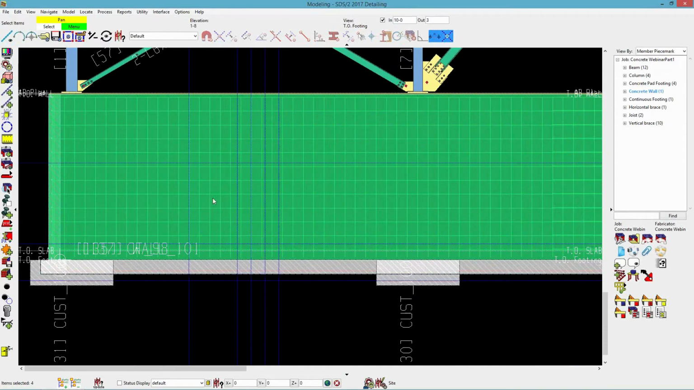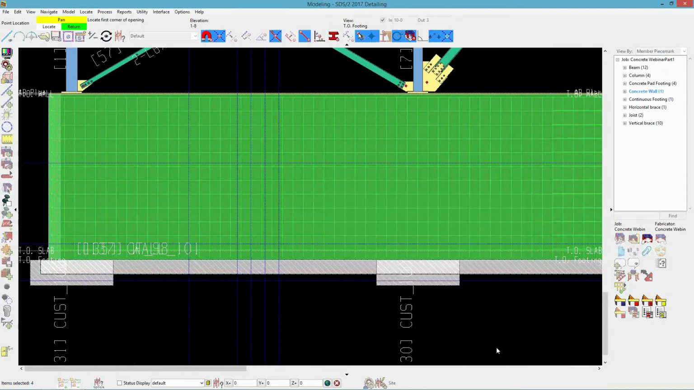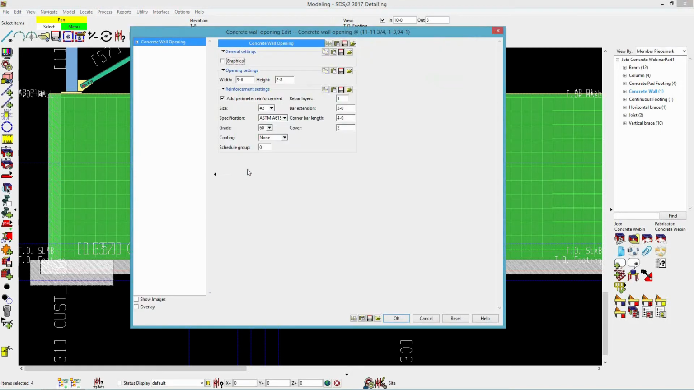So what I'll do is select the concrete wall here and go to my component add, and at the top here I have a concrete wall opening. I'm going to hit OK, and pick the 2 points to make up the width across the top of that opening. In here, I have my opening settings. So I've got my width as 3'6", and for height, I'm going to change this to 7 foot. Now with that opening, it's going to stop the concrete, and you've got your different cover that you can